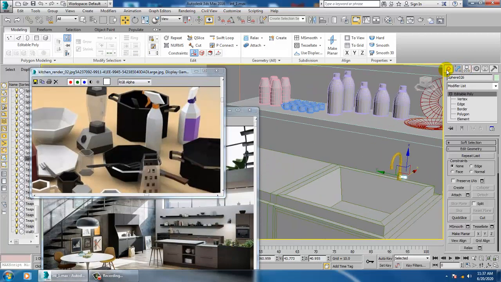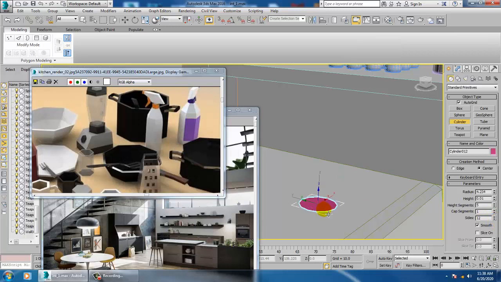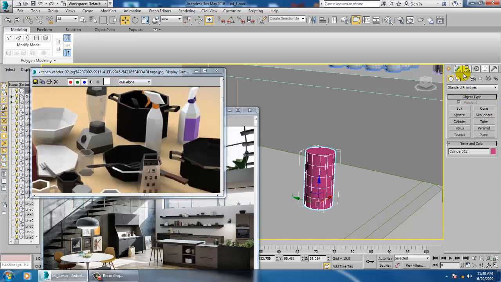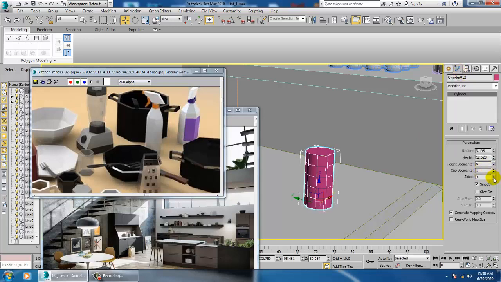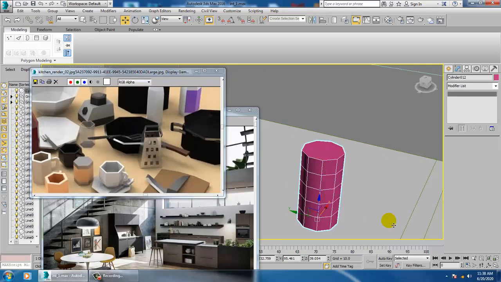So again take a cylinder, reduce the sides of the cylinder, push that up, reduce it more. Whatever things are left out, we can do that.